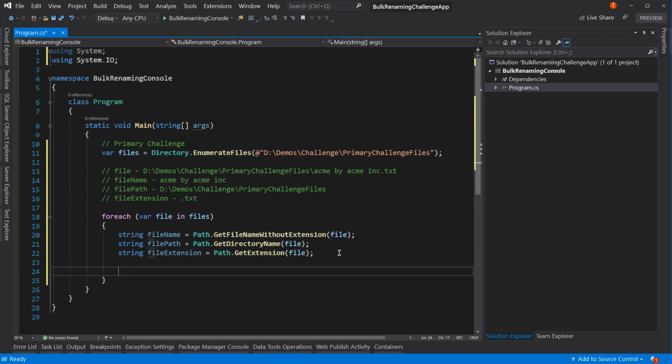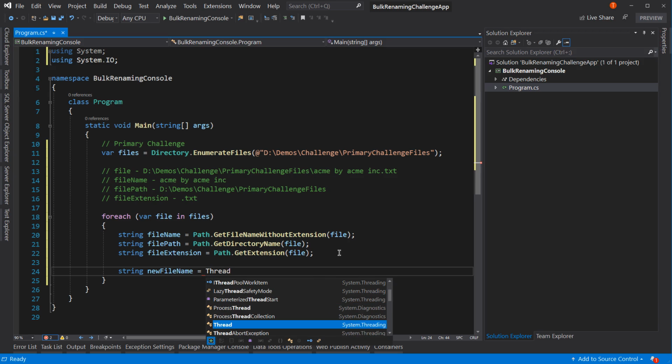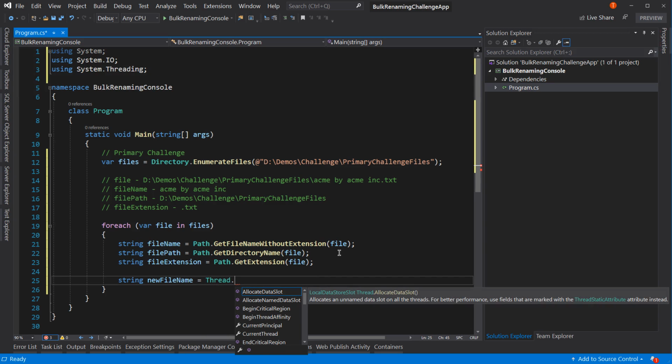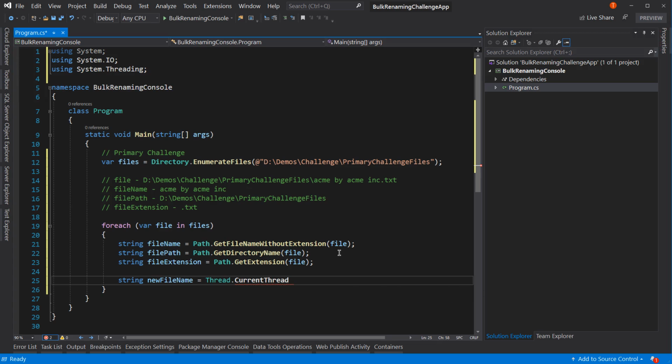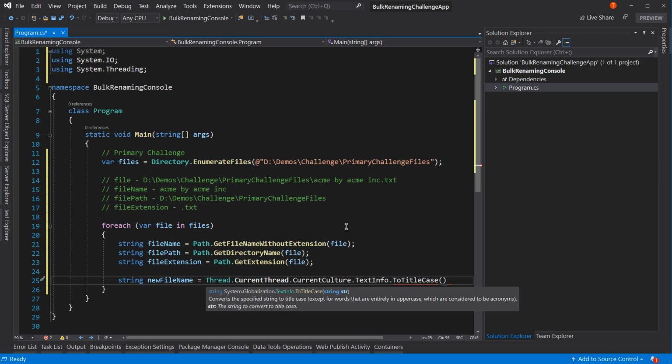So I'm going to say string new file name equals, and this will be a little bit long, Thread.CurrentThread.CurrentCulture.TextInfo.ToTitleCase. Okay, so it's going to use our current thread's current culture information to identify the text information. We can then say ToTitleCase. All right, and we're going to pass in the file name,